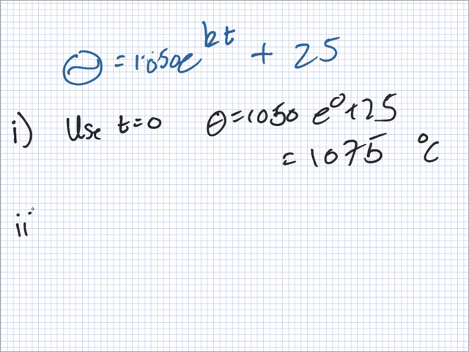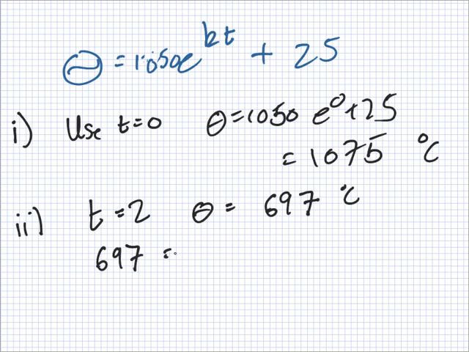Is that part okay? Yeah? Part 2. The temperature after 2 hours is 697. Find the value of k. So after 2 hours, so what's the t? 2. And what's the theta? 697 Celsius. Okay. So if I sub this in, I get